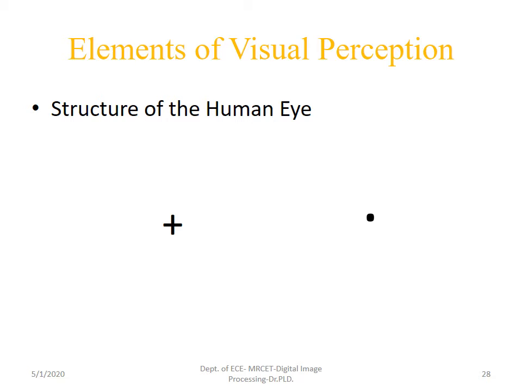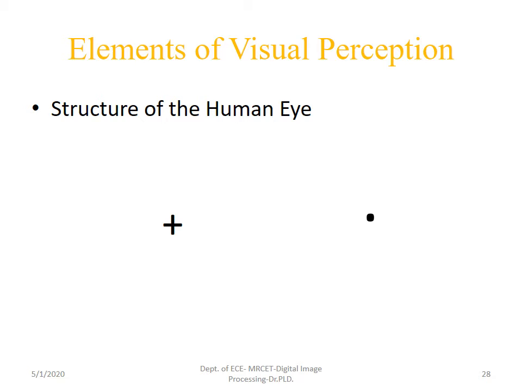All of you, if you have any doubt about your eye structure, it is better to do this experiment. Mark this cross and dot on one white paper and keep it at a distance of 1 to 1.5 feet from your eyes, close your left eye with the left hand, and move that paper closer to your eyes. But look only at the cross, not at the dot.